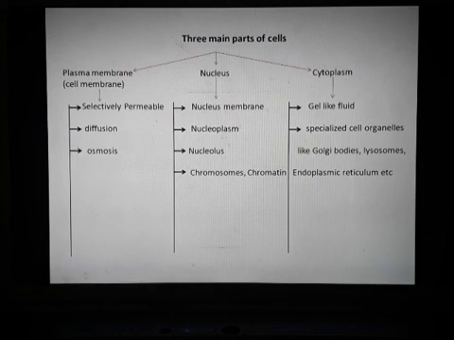In the nucleus, the main parts are nuclear membrane, nucleoplasm, nucleolus, chromosomes, and chromatin. What are they? We'll study later on. Similarly, cytoplasm is a gel-like fluid that you know, and it has specialized cell organelles like Golgi bodies, lysosomes,